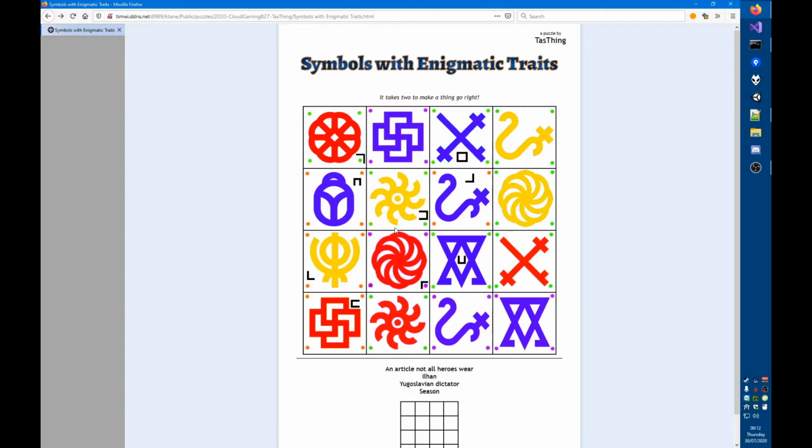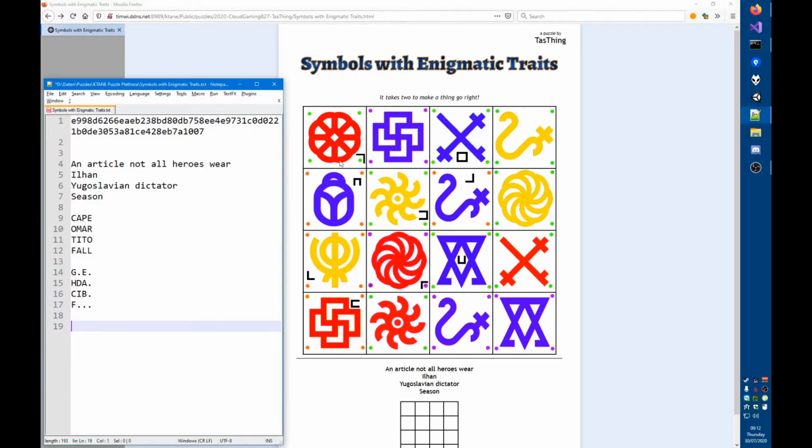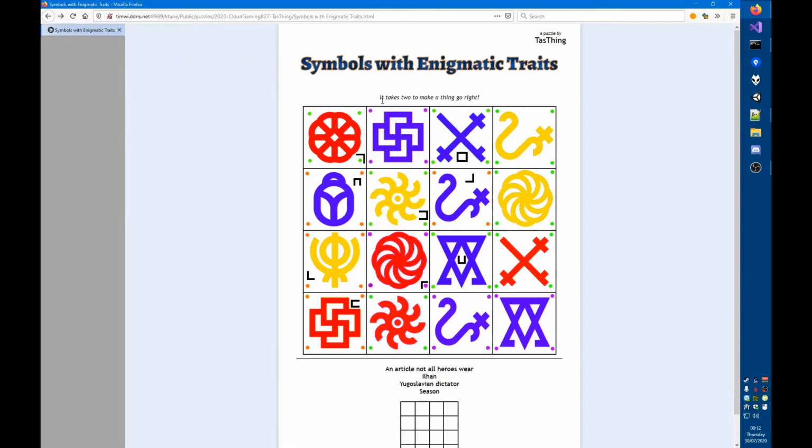Well, I've already had another thought while I was talking, which is that the title, Symbols with Enigmatic Traits, has three capital letters, S-E-T, and that is, in fact, a module. However, the symbols aren't from the Set module, but instead, I think what's going on here is that we use the rules of Set, which is inspired by a card game called Set. Although that card game also doesn't use these symbols, the principle is that every entry in this table has several properties. And one of these properties is the specific symbol.